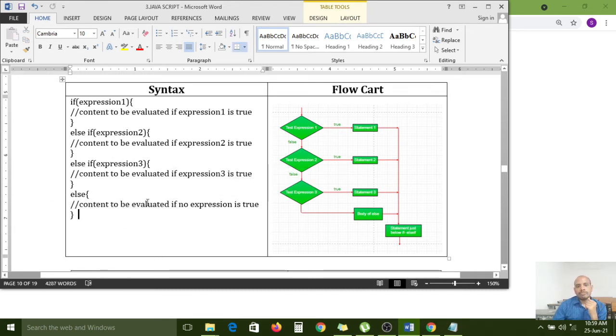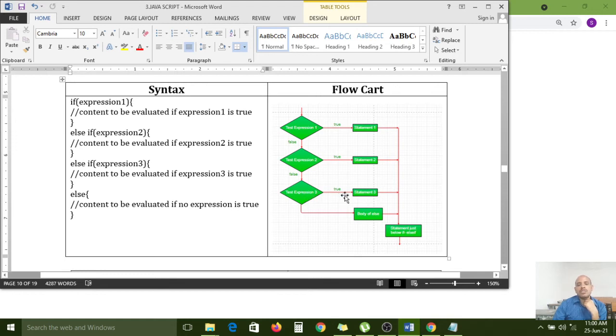Like that. Here the flowchart is also given. Just observe. If the test expression is true, then the statements of that block are executed. If the test expression is false, then it will come to the next else if statement, and the second expression will be checked. If it is true, then statement 2 will be executed. If test expression 2 is also false, then the control will come to test expression 3.